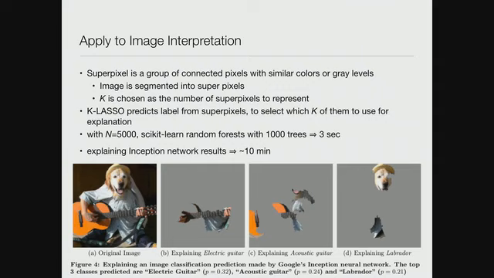Okay? So they say, well, this looks like an electric guitar to the algorithm, and this looks like an acoustic guitar, and this looks like a Labrador. So some of that makes sense. I mean, that dog's face does kind of look like a lab. This does look kind of like part of the body and part of the fretwork of a guitar. I have no idea what this stuff is or why this contributes to it being a dog, but such is the nature of these models. But at least it is telling you why it believes these various things.